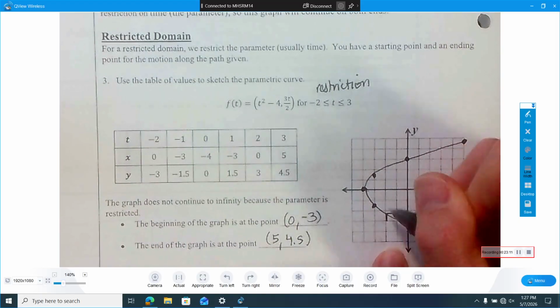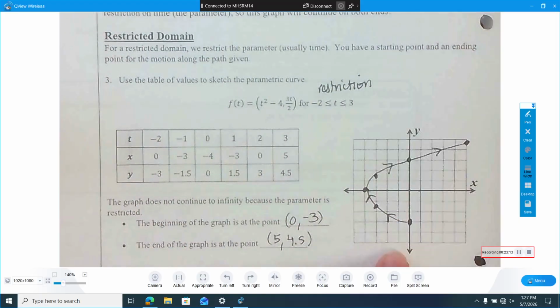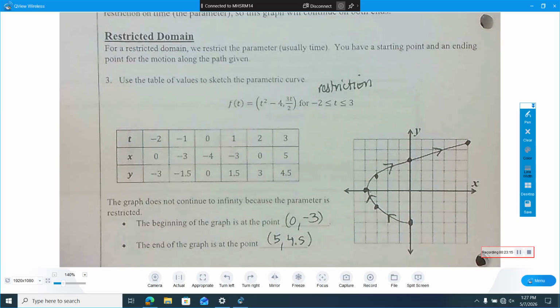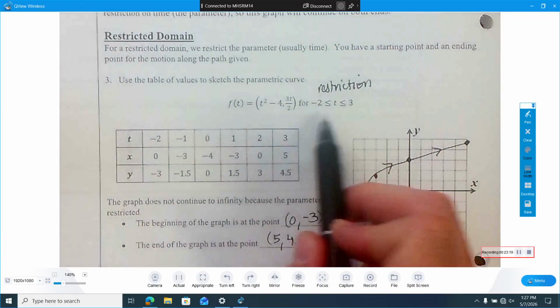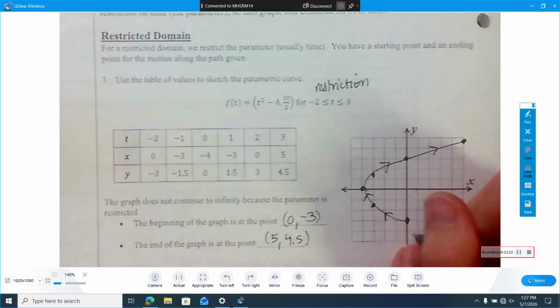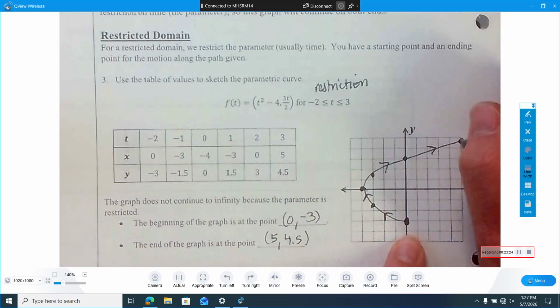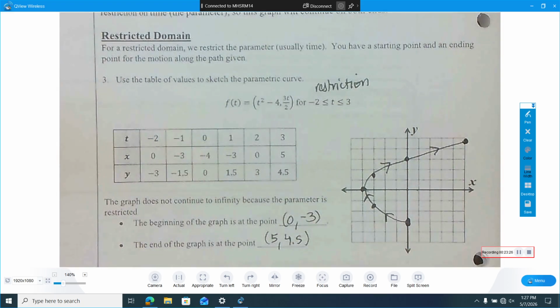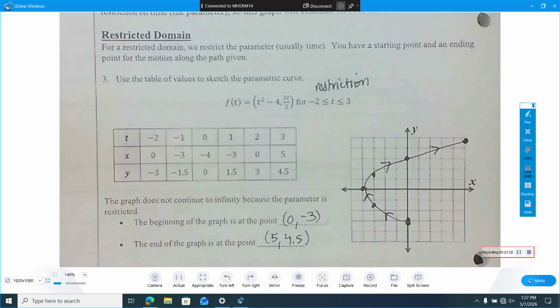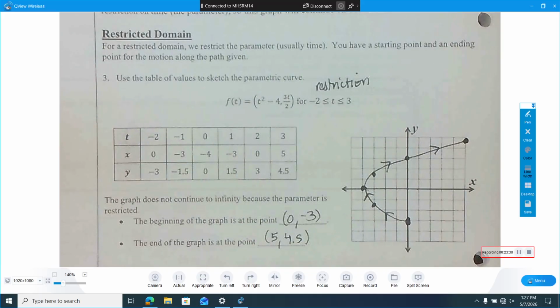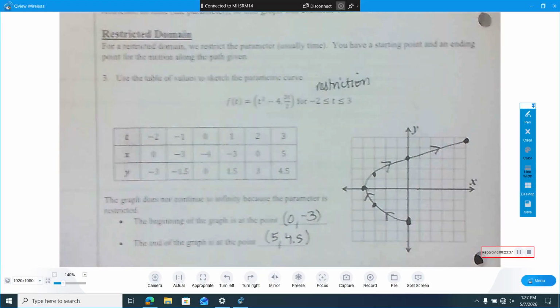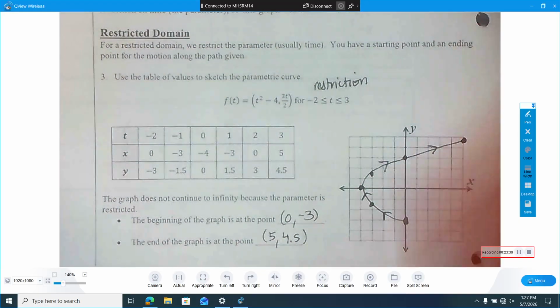And again, we can still use little arrows to indicate the direction of motion, but we're not going to put continuation arrows because this has that restricted domain. So it literally starts here and ends here, and that's it. Can you handle it? Do you have any questions for me? Okay. That's it. The rest is the practice, and you can find the solutions